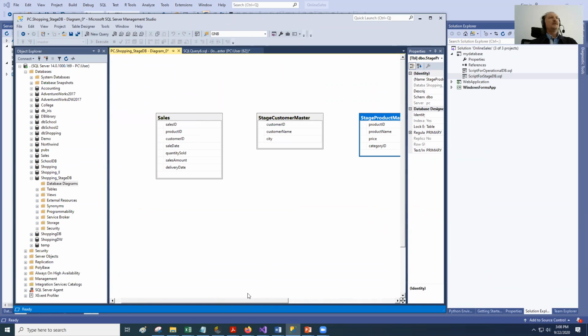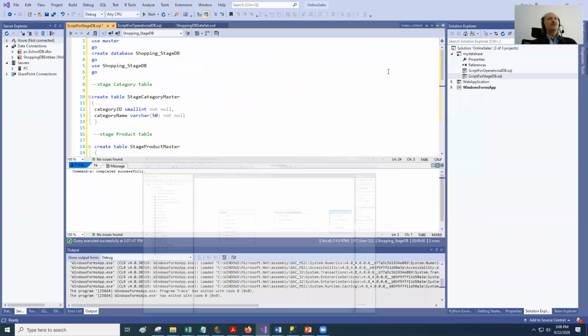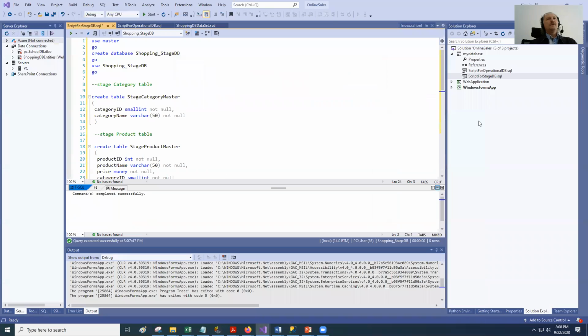So the stage database is done, implemented in the MySQL server. I have implemented this stage database from my Visual Studio environment. Also, you can see from here, not data source. I think this one. Yes. If you go to SQL Server from here,